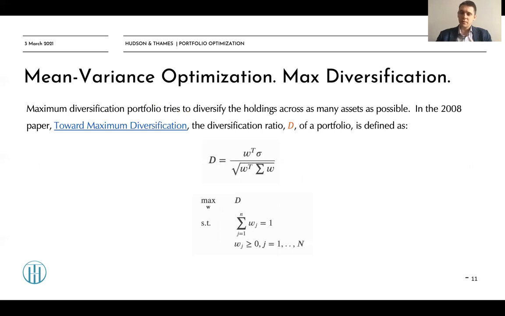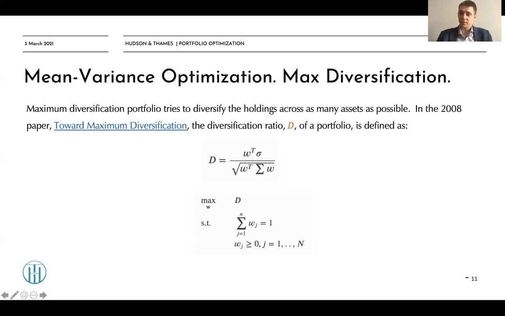So now let's go further and talk about diversification. The maximum diversification portfolio tries to diversify the holdings across as many assets as possible. In the 2008 paper, called Toward Maximum Diversification, the author introduced the so-called diversification ratio of a portfolio, which is defined in the next formula. We multiply the transposed weights by the volatilities, and we divide it by the whole